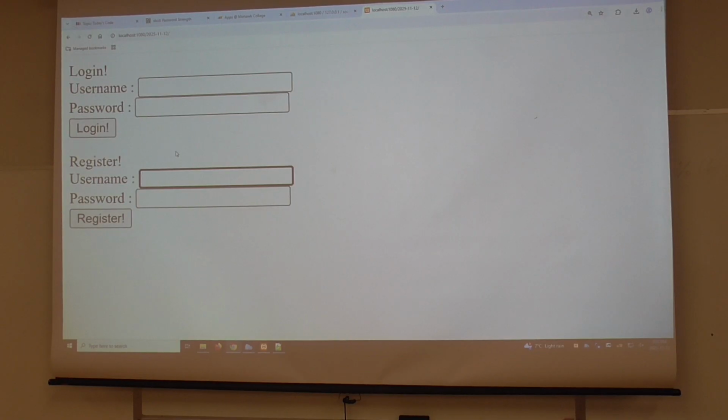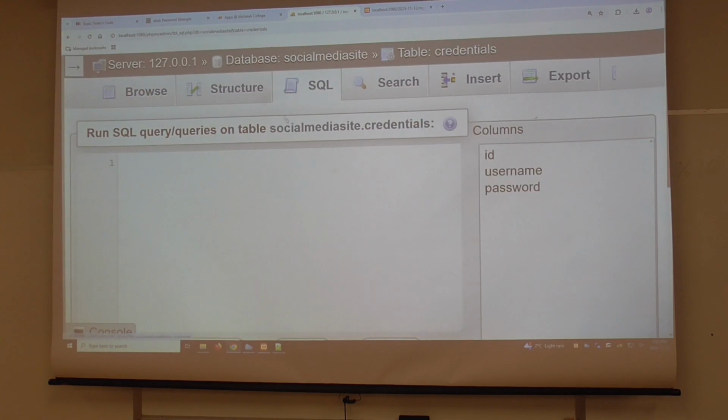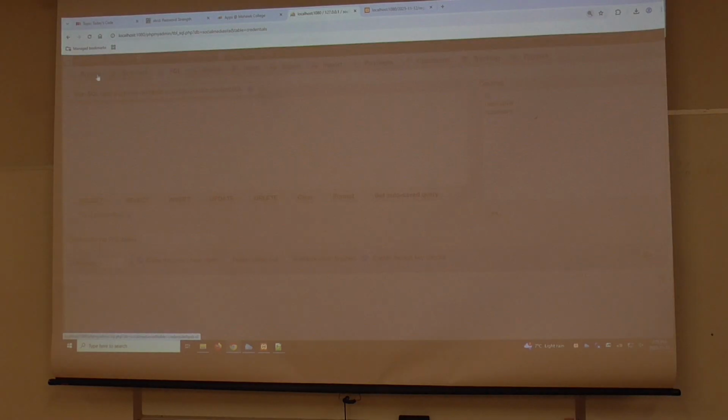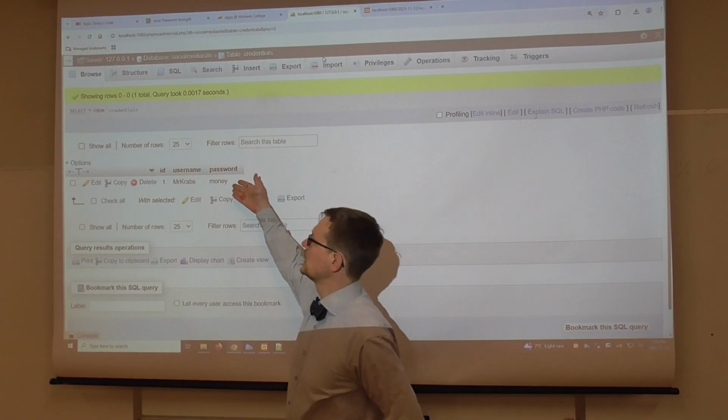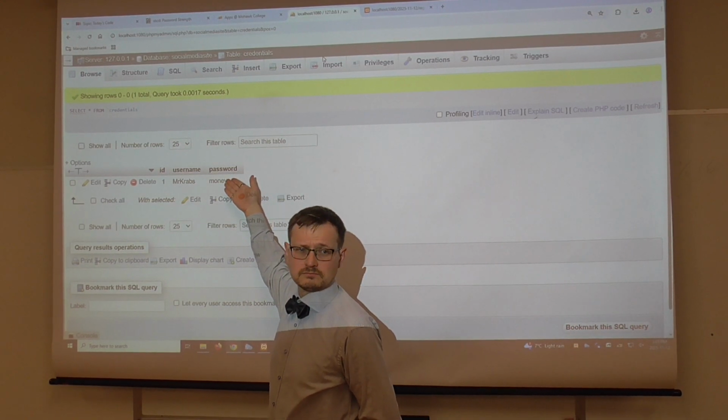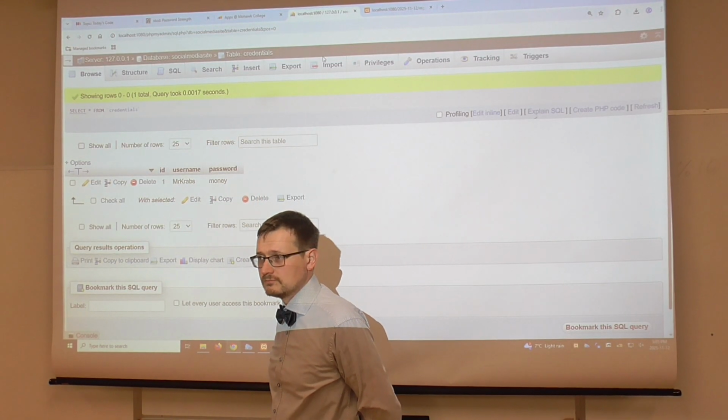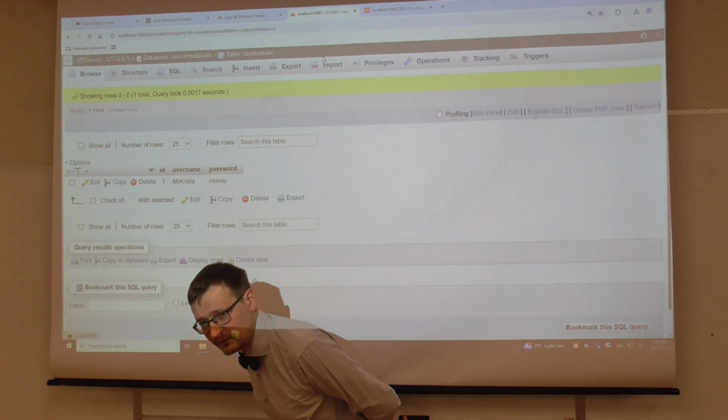If we register Mr. Krabs, password money, we get nothing in particular. But if we take a look in our table, yes, I'm sure, thank you, you can see our values have been added. So far, so good, but we're not quite hashing them now, are we?